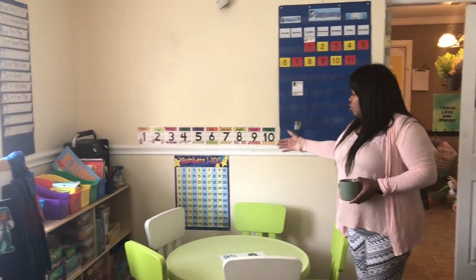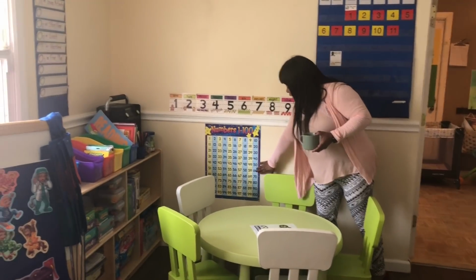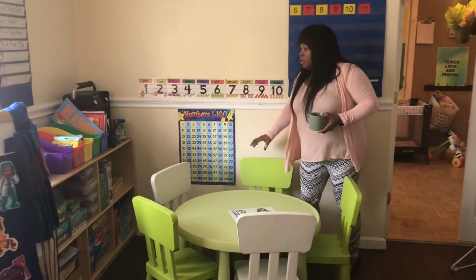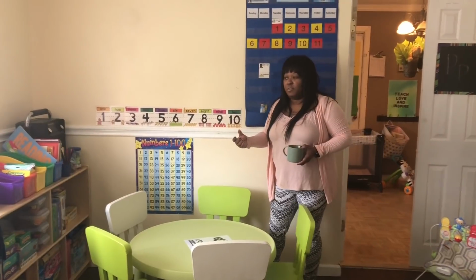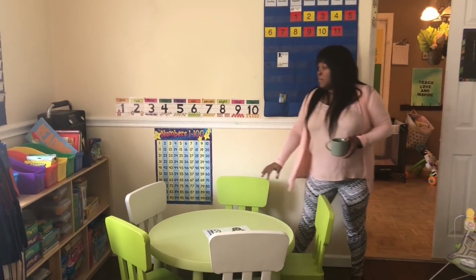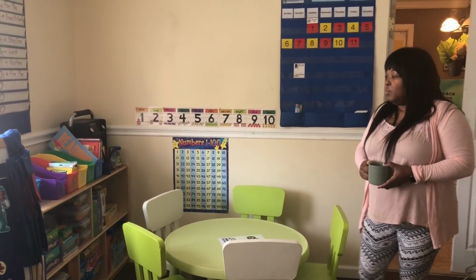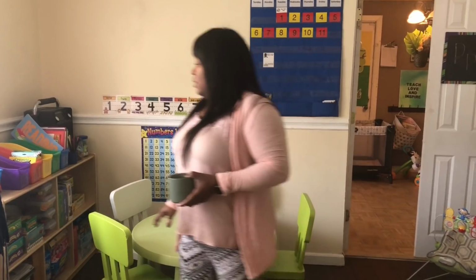We have a number chart here because of course we want to teach our children to count in tens and to count to 100. And the goal is that when they leave here and they're ready for kindergarten, they will have all of this down pat. So here we have our music, because we definitely do music time and circle time, and we have